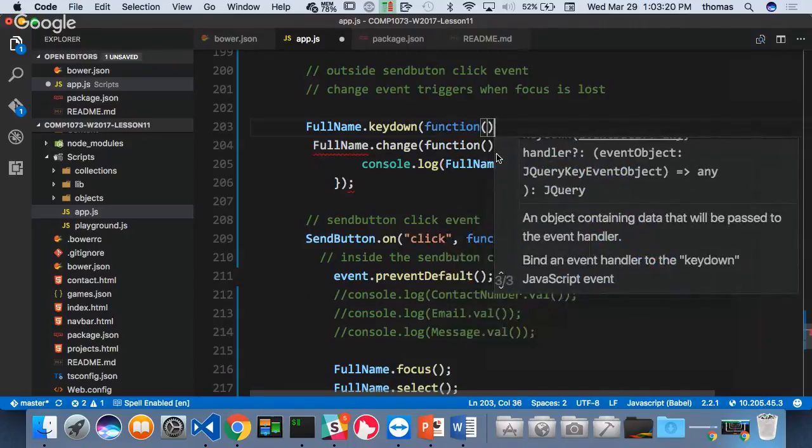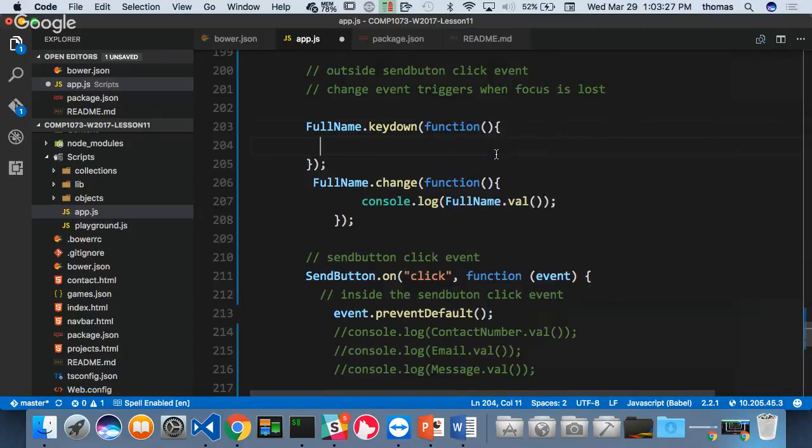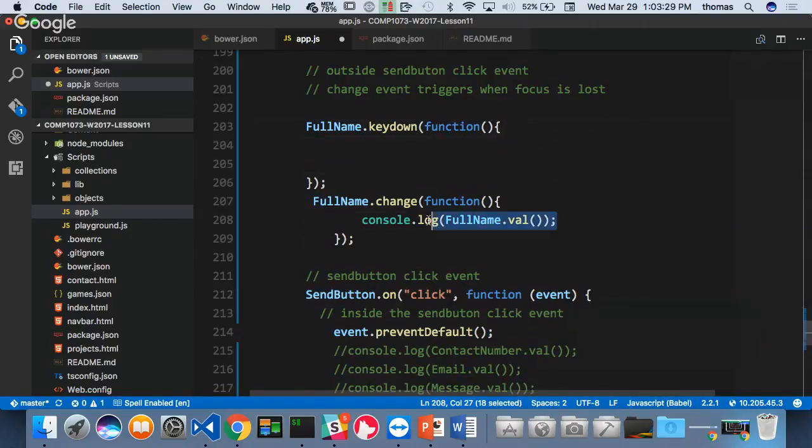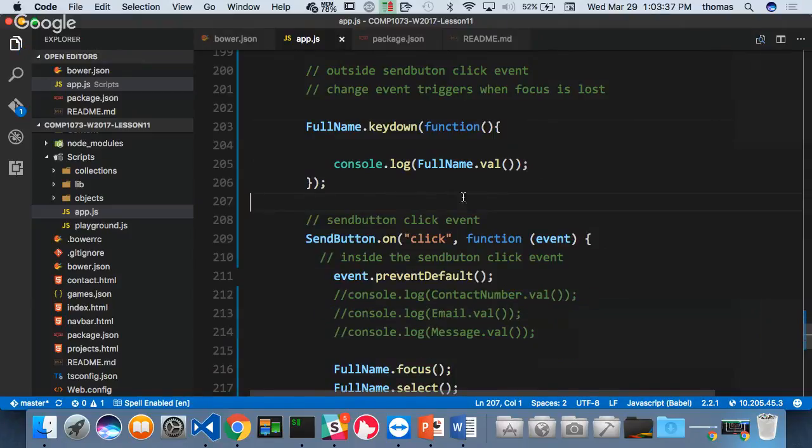And this time, what I want to do is any key that gets pressed, this is the event, right? Any key that gets pressed, I want to pass in this. I want to do this one. Instead of the change event, I want to do the key down event. All right, let's see what the difference is here. So one is change, and one is key down. All right, so every time I press the key down,